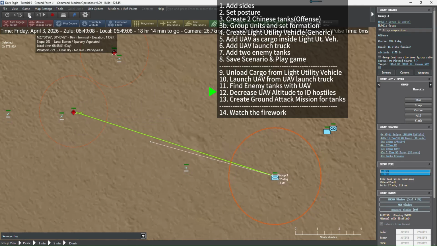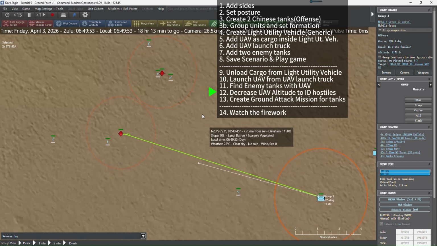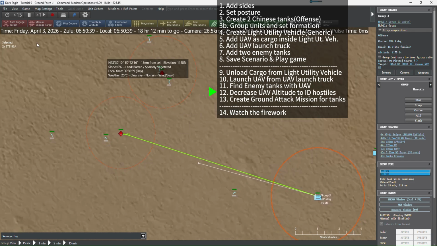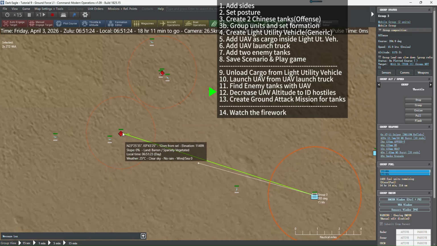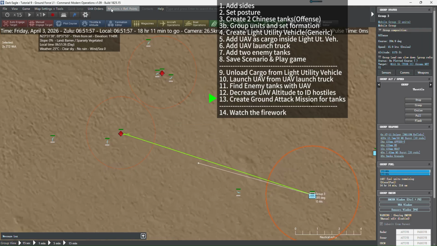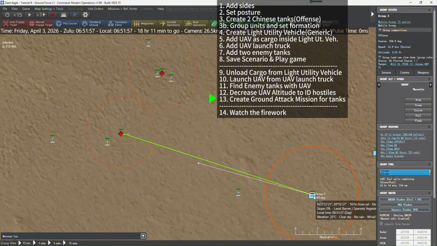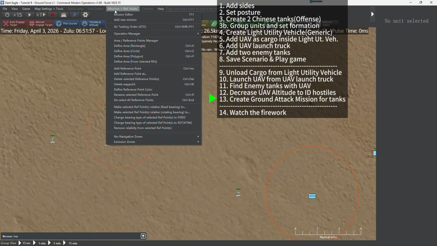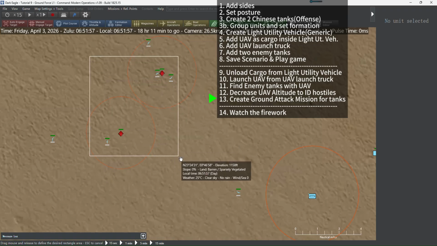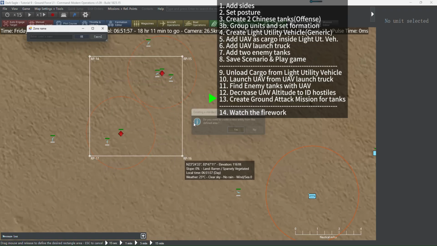And to make the mission more smooth, I want to prevent them from wasting time. So what I'm going to do here is to be more cautious. I'm going to create a mission and have them do the mission instead of just me directing the units. So as with other tutorials, I'm going to drag a rectangle around the two units. Okay, and then click,